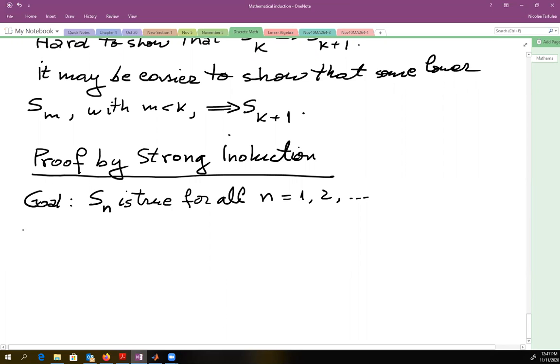So how do we prove that? The proof consists of two steps, as in the standard induction. The basis step, step 1, we need to prove